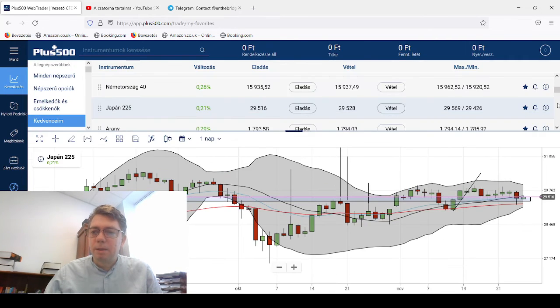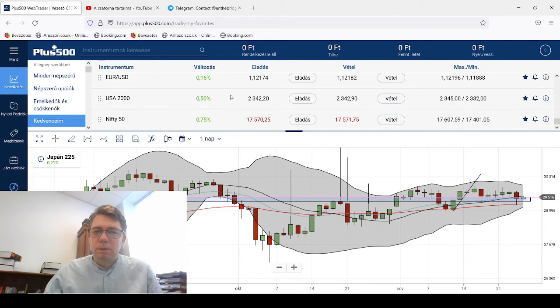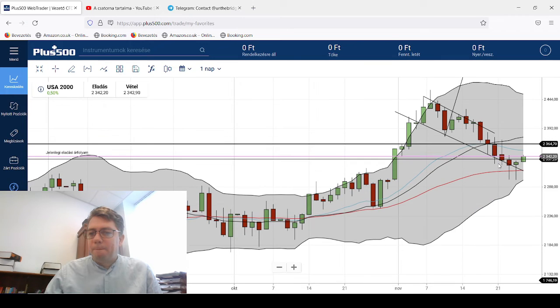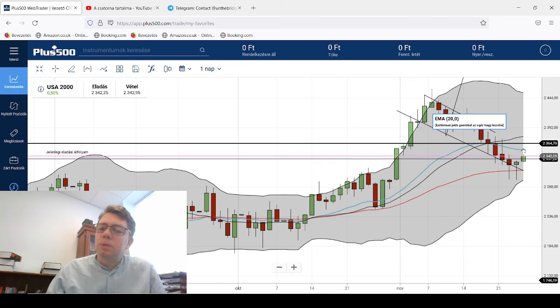That's Japan. Going over to Russell. Russell, here we go. This is Russell on the daily chart. We had this downtrend, and we had a wick down below the 50-day EMA, but this candle suggests a bullish turnaround, especially because the next daily candle right now is green. Of course, we need to finish this daily candle as green, and we are on our way to the